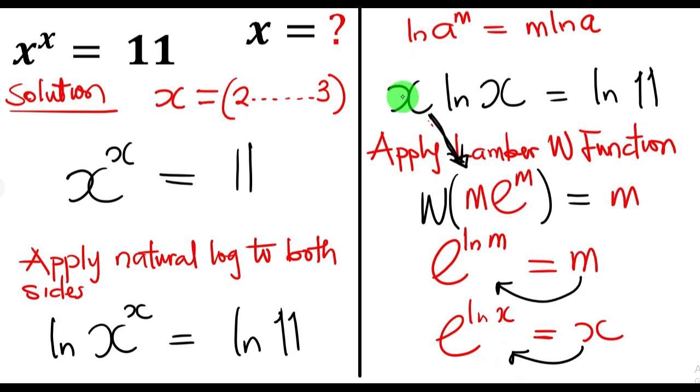So instead of writing x here, I'm going to write exponential ln x. Why am I doing all this? It is because I need to apply the Lambert W function to the left hand side of my equation, and in order to do that, I must reform whatever is here to match what my Lambert W function will be able to perform on. Since we've established this to be x, exponential ln x, then we can now have